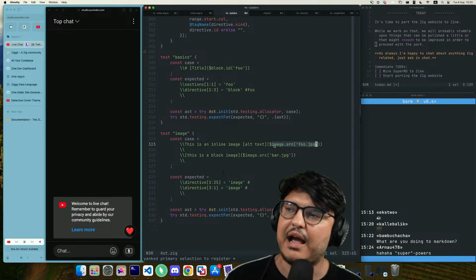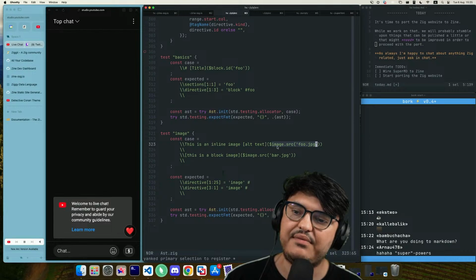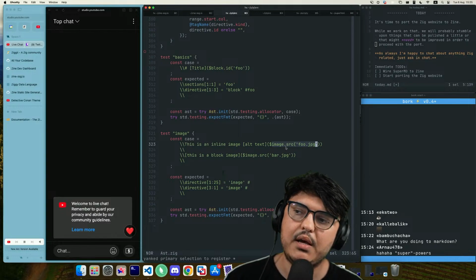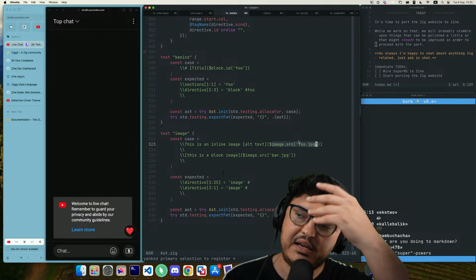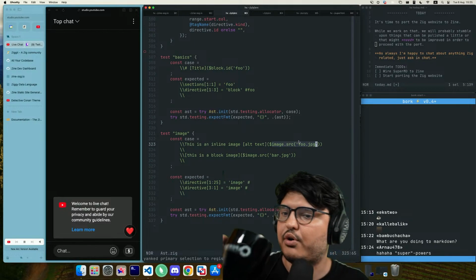So I haven't coded it yet, but I will have a $video element. And while there's obviously some overlap with what HTML supports, this is not a more complicated way of doing HTML inside of Markdown, because the idea is that these things should have semantic meaning past HTML, so that if you're rendering to another format that isn't HTML, you should still be able to know what's going on.